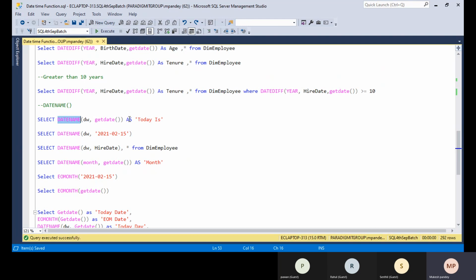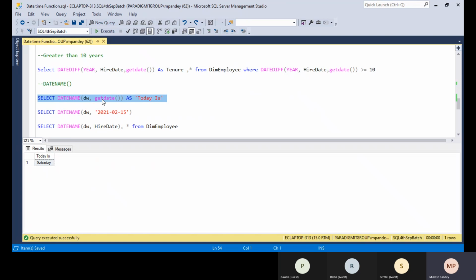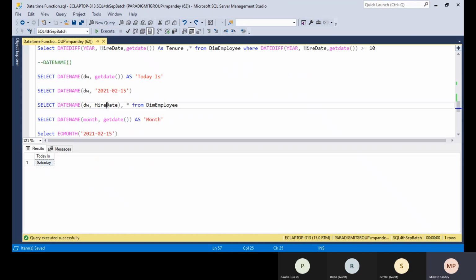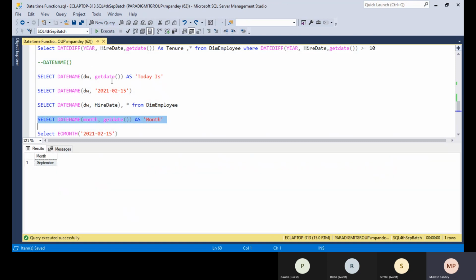Today is Saturday, so if you want to print Saturday, you can use the DATENAME function. You can use it to print which day any employee joined, or which day any employee was born. If someone asks you to find the list of employees who joined on Saturday, Sunday or Monday, you can use the DATENAME function. It just prints the name, and the same works for the month.